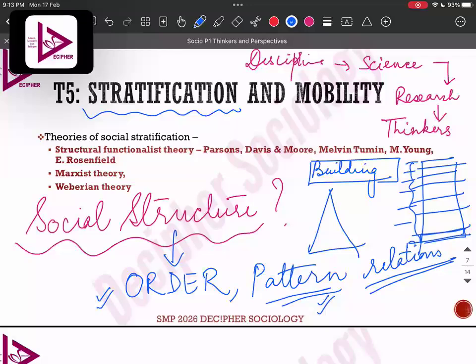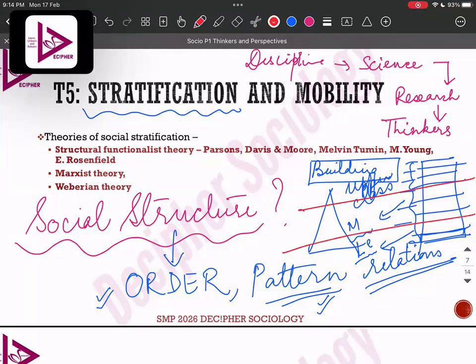For example, when we are talking about upper class, people who are from middle class, people who are from lower class, their living style is different. So you will see that there is some kind of differentiation in society, right? There is some kind of discrimination, some kind of invisible structures or invisible levels are built. So in society, what we are doing, we are studying this. So the subject matter of sociology starts from society. So what we are doing, we are studying the structure of society. And